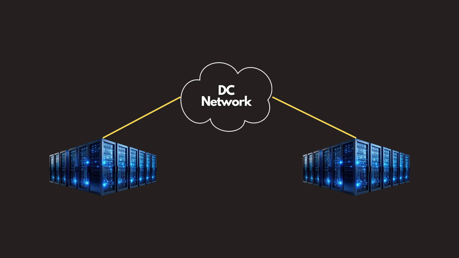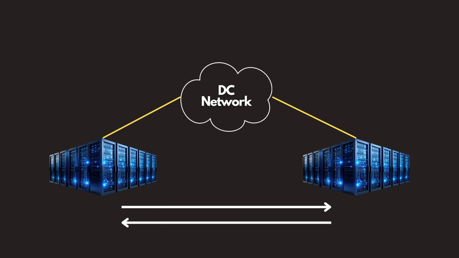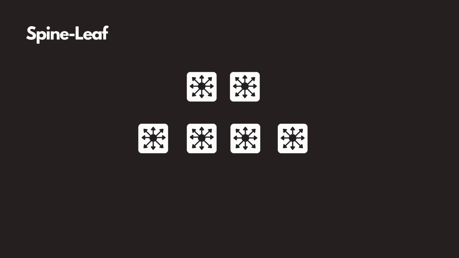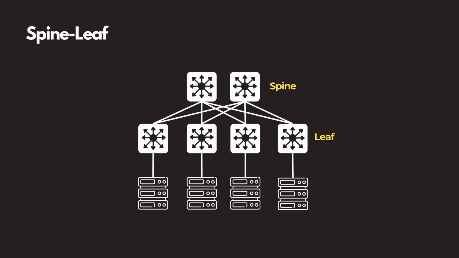However, in data centers, traffic patterns are mostly east-west, which are server to server, like microservices or storage replication traffic. To optimize the traffic path, spine leaf architecture is used. Spine leaf architecture, also known as clos architecture, is where every leaf switch connects to every spine switch. So any 2 servers are always 2 hops apart. No distribution layer, no spine to spine or leaf to leaf links.